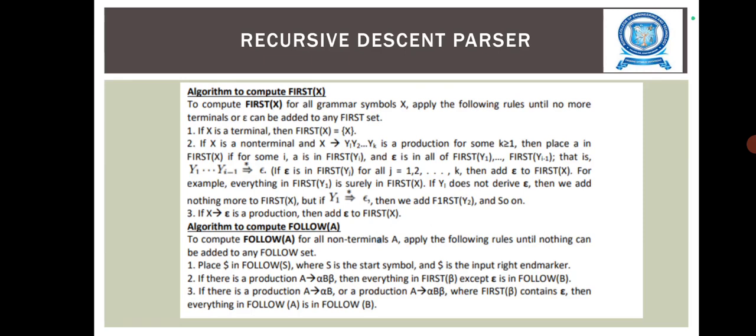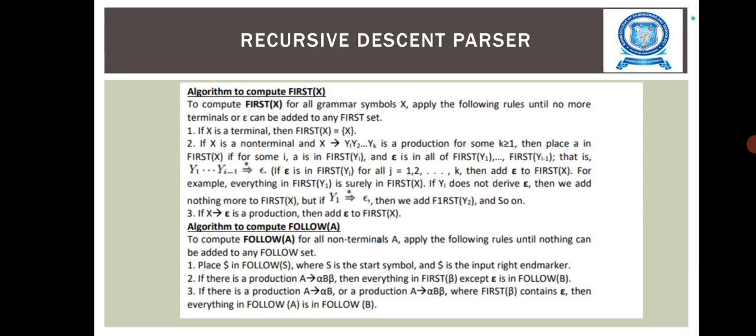Algorithm to compute First of X and Follow. To compute First of X for all grammar symbols X, apply the following rules until no more terminals or epsilon can be added to any First set. If X is a terminal, then First of X is equal to X. If X is a non-terminal and X tends to Y1 Y2 dot dot Yk is a production, for some k greater than or equal to 1, then place a in First of X